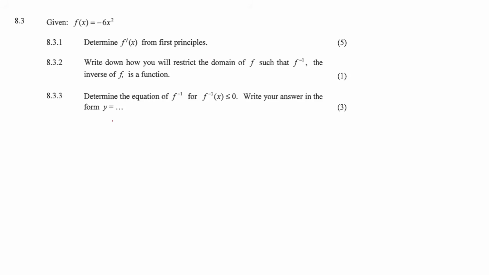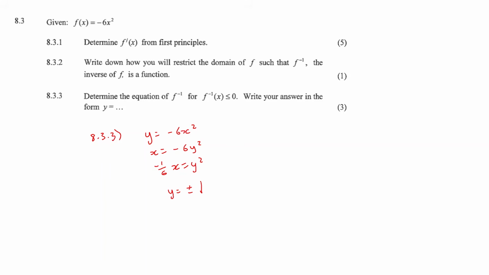Question 8.3.3. Determine the equation of the inverse of f for x less than or equal to 0. Write your answer in the form y is equal to. So to get our inverse, we first take our original function and we swap our x and y values. We then divide by the 6, so we get negative 1 over 6 x is equal to y squared, and we can then square root it,